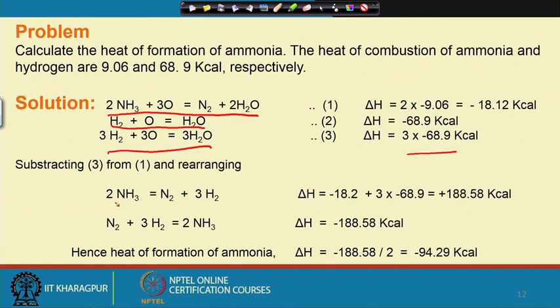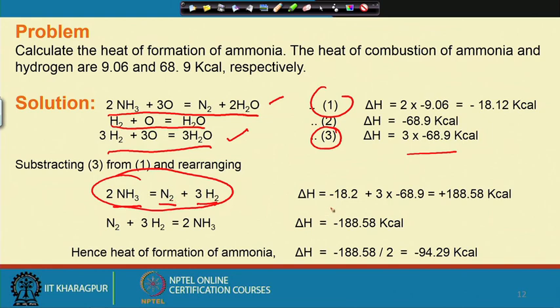Now, if you look at it, for 2 moles of ammonia we require 1 mole of nitrogen and 3 moles of hydrogen, the reverse. So, for this formation, what do we require? If you subtract 3 from 1, we subtract this from this, then we will find this equation. This is 2 moles of ammonia degraded to nitrogen plus 3 moles of hydrogen. So, if you calculate from here, you will find this is plus